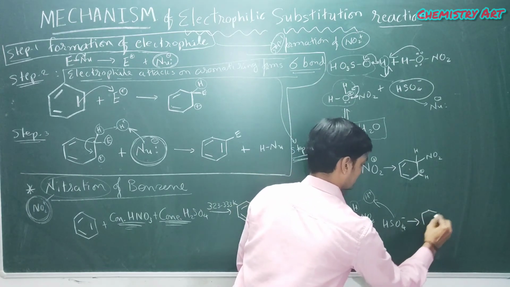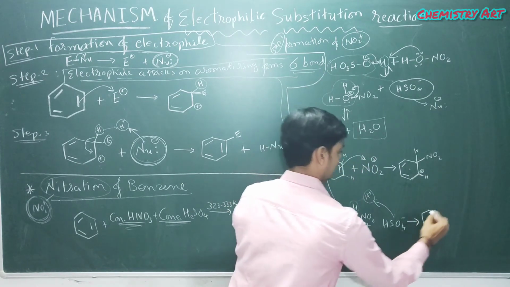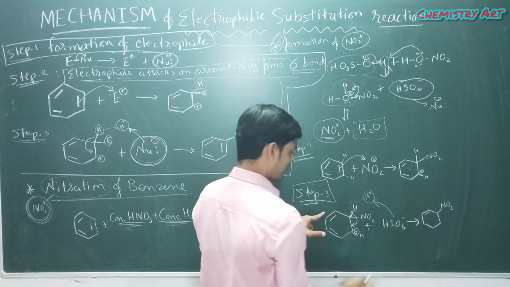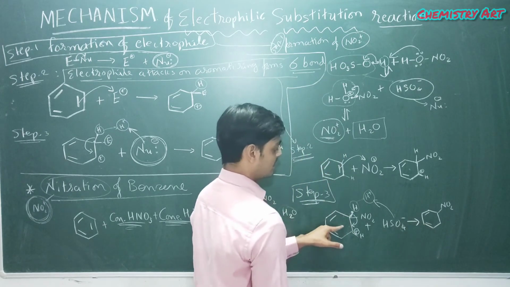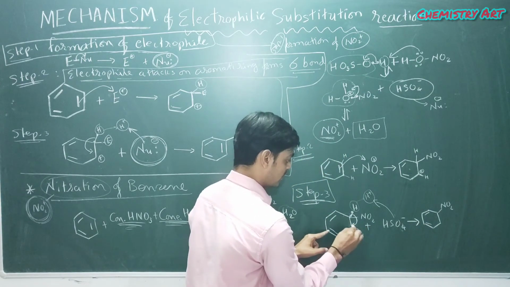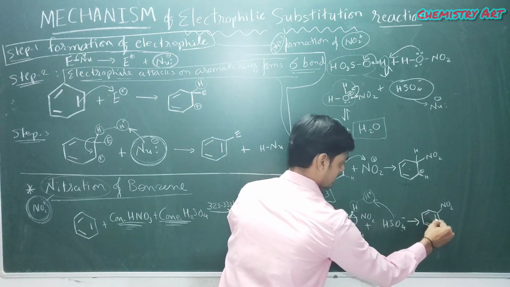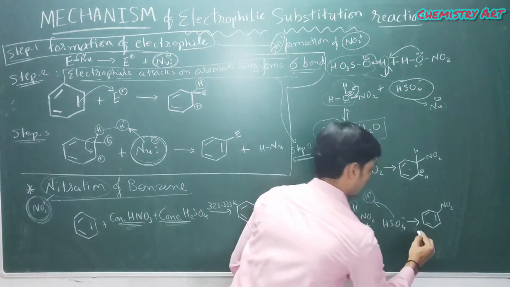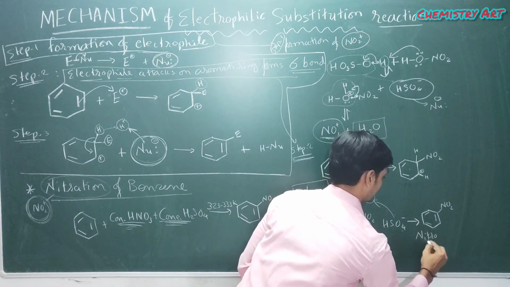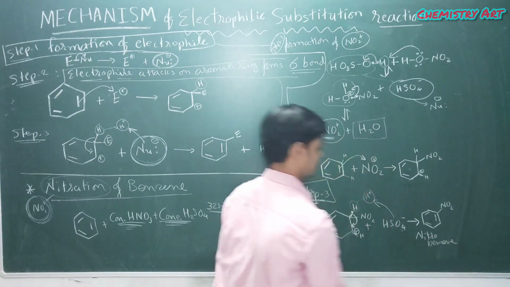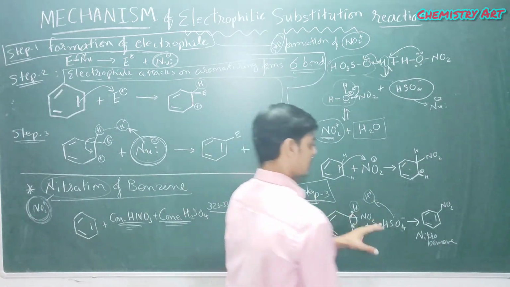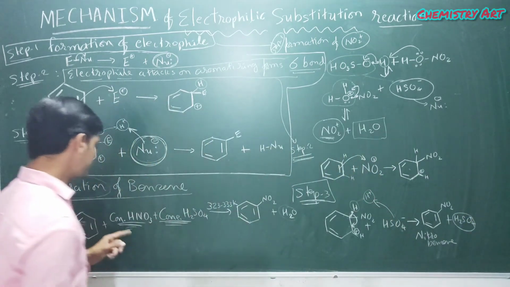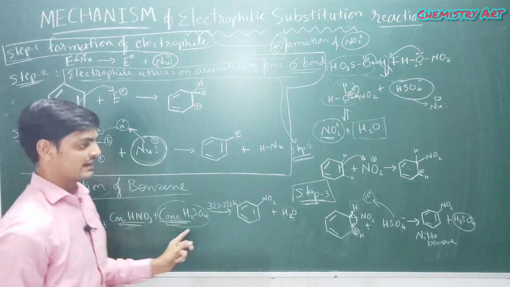And so finally we are getting the product in which nitro group is added. Okay, this is the older bond, this is also older bond, and the new bond is formed between these 2 carbon over here like this, and hydrogen is as it is. So this is our nitrobenzene. This is our benzene. Okay, so this nitrobenzene plus we are getting H2SO4. Actually we were using H2SO4 here, see, and we are getting it now.